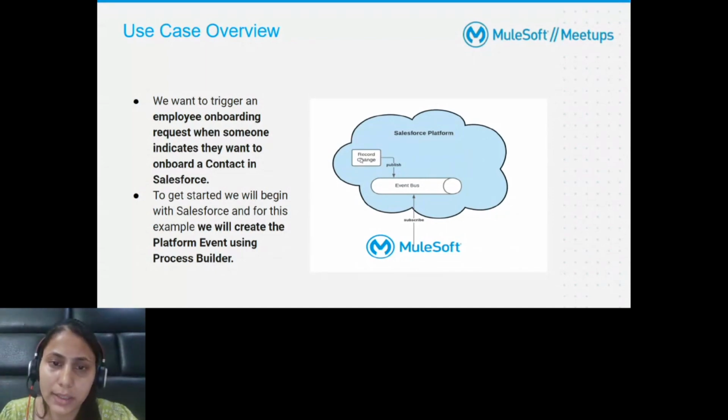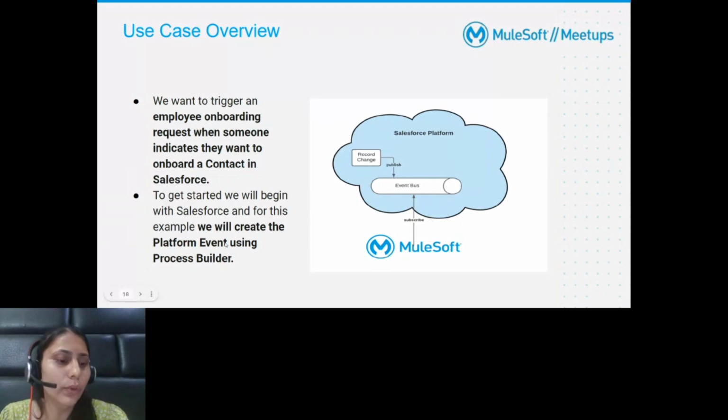In my case it will be a record created, and once a record gets created or changed, it will publish an event to the event bus. Then I will be using the MuleSoft subscribe channel listener, where I will be subscribing to that event channel or event bus, and from there I will get that platform event.